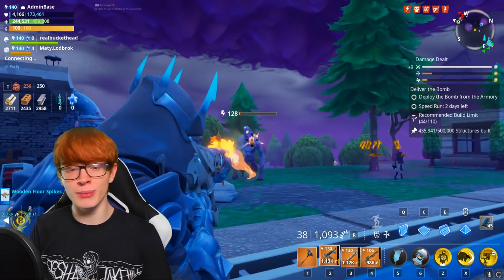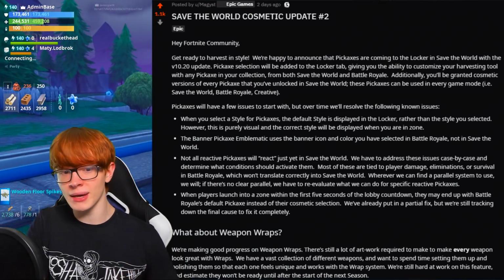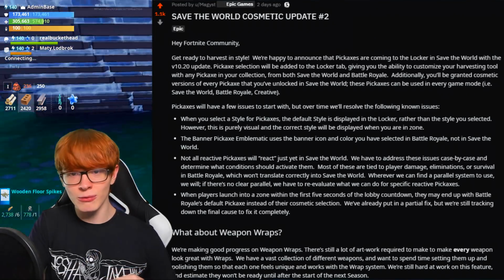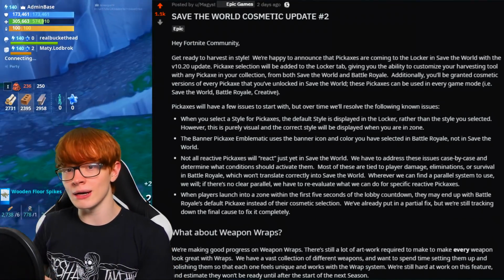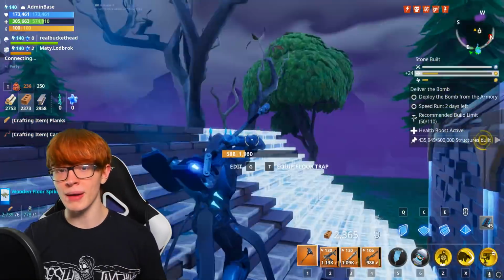So our first little bit of news comes from the Save the World Cosmetic update number 2 that was on Reddit. This was the past video that I made. Basically, it was talking about pickaxes coming in the next update, as well as weapon wraps are going to be applied to melee weapons. They're going to be applied to every single weapon, and we'll probably be seeing that around season 11. It kind of sucks, but there was something that was left on this thread, a comment by Magist,